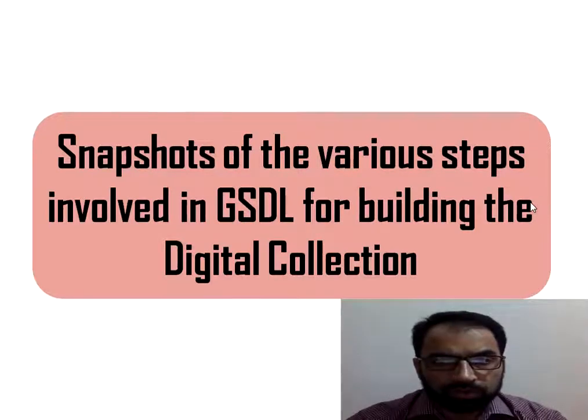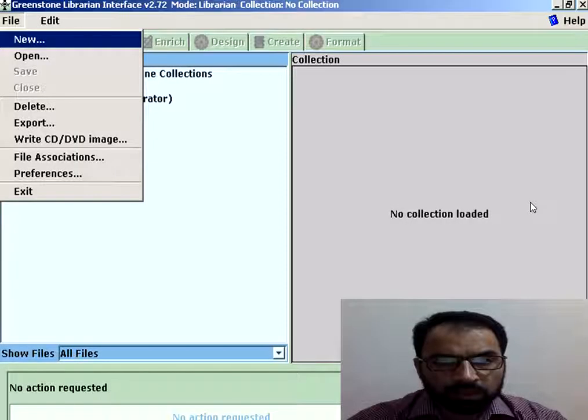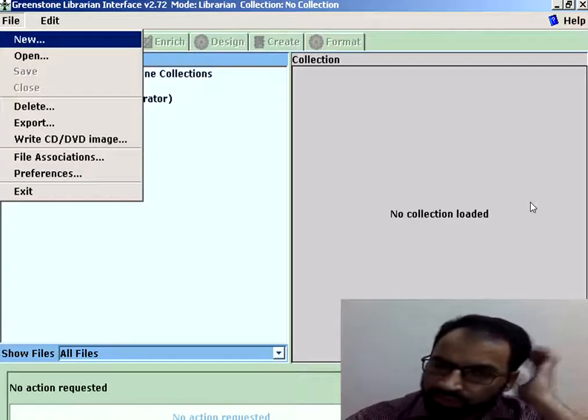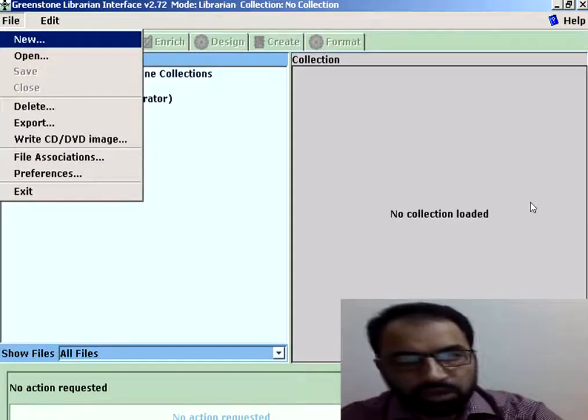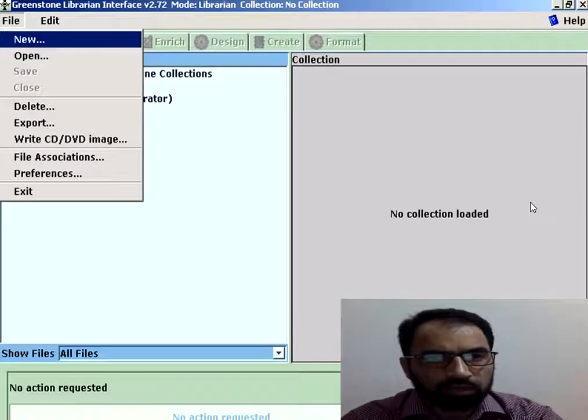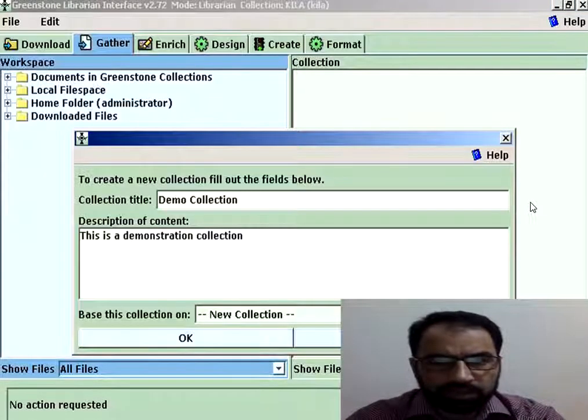So the first step, creating a digital collection. First we have to take a new file. While opening the new file, it will ask for the name of the collection and description of the collection.